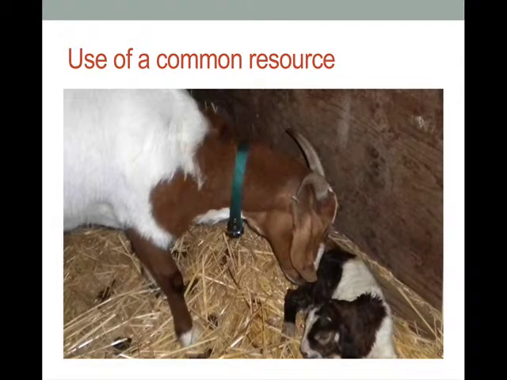We also talked a lot about using a common resource. I don't have any picture of cattle out in the field, but here's just a picture of a mama goat and her baby, and as the mama goat has more babies, the herd of goats is going to get bigger and they're going to eat more. Maybe at some point they have so many goats, even just from one farmer, that they strip the field. So it doesn't always have to be that multiple users are in contention. It can be just not maintaining good grazing practices on the landscape. So we talked quite a bit about overgrazing and overuse of a resource.